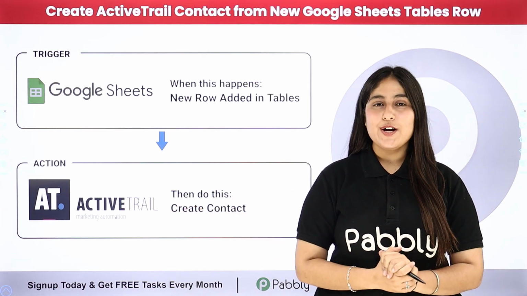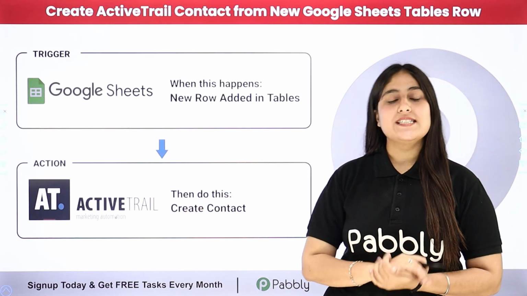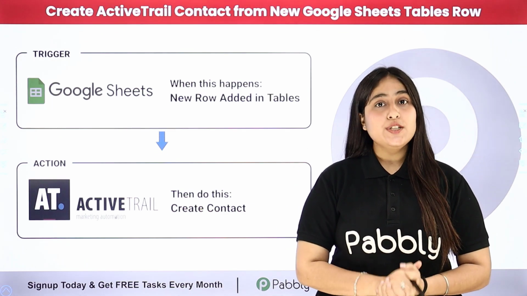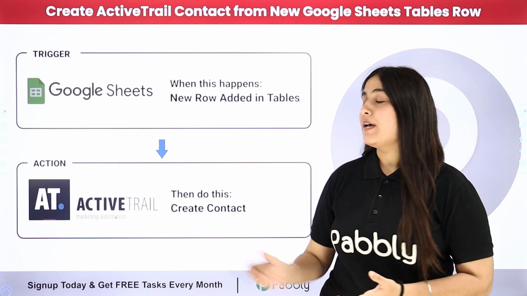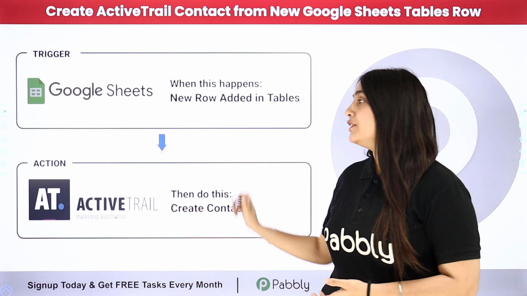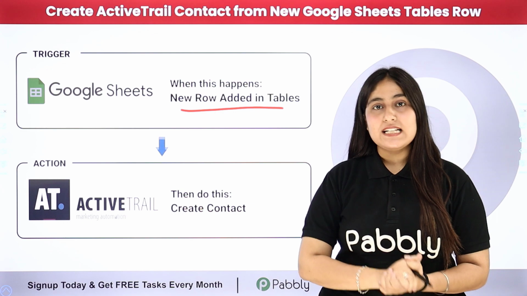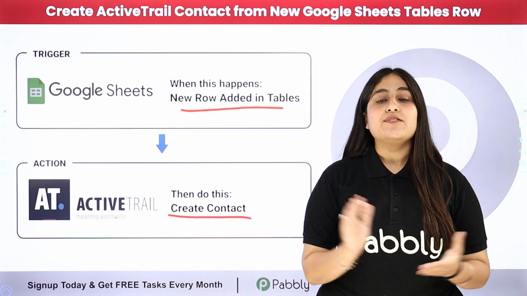In this video, we are going to learn how to create an ActiveTrail contact from a new Google Sheets table row. I run an online store, and whenever I receive a new lead who is interested in my product, I manually enter that lead's details in my Google Sheets table row. In this case, I want that whenever I add a new detail in my Google Sheets table row, automatically, using that detail, a new contact should be created in my ActiveTrail account